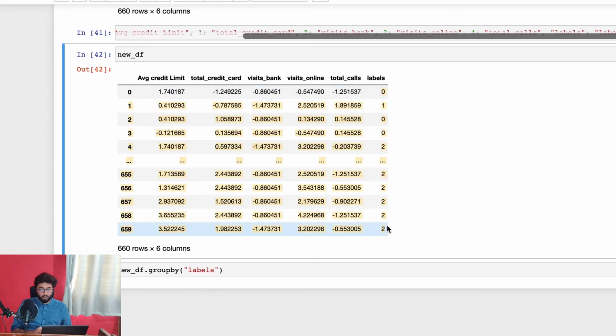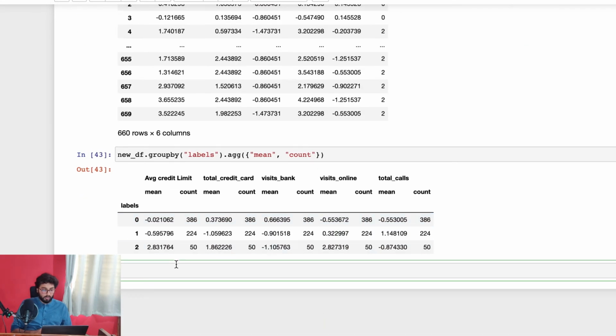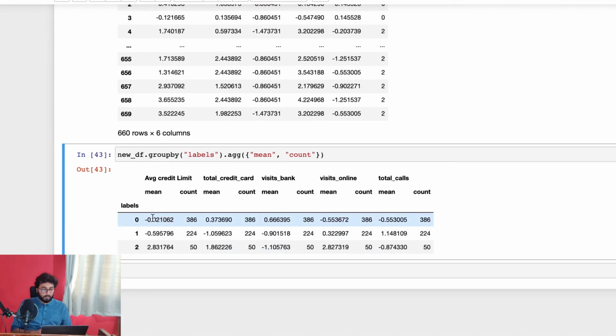But what I'm trying to make you understand is all these labels have similar groupings of average credit limit, total credit card, and things like that. Okay, so if you have total labels aggregated into mean and count. Okay, so in the first label, in the first cluster, you have this is the average mean of